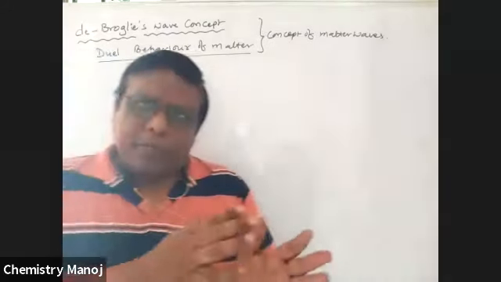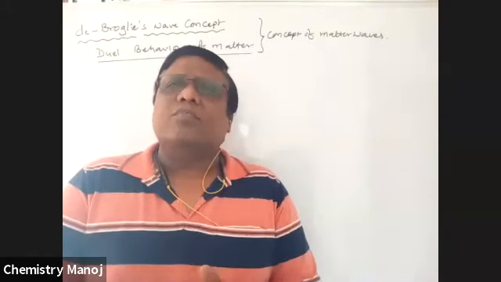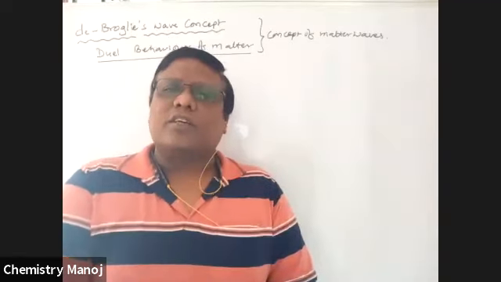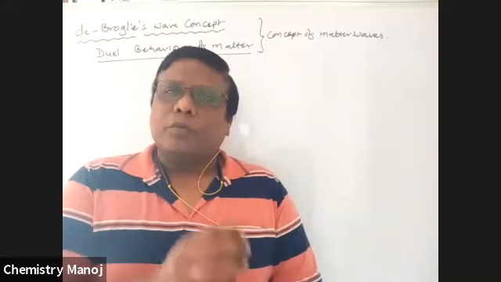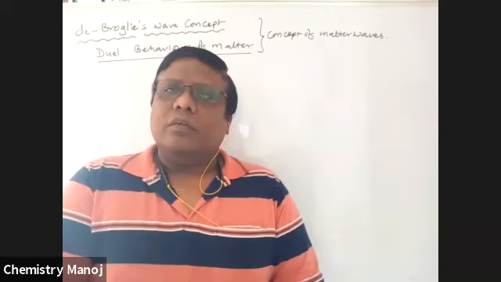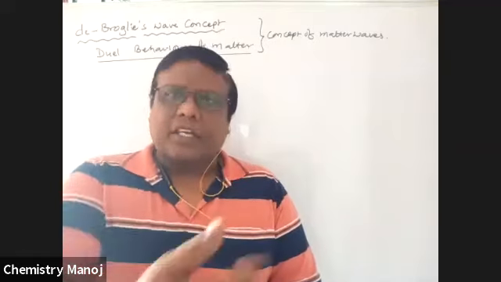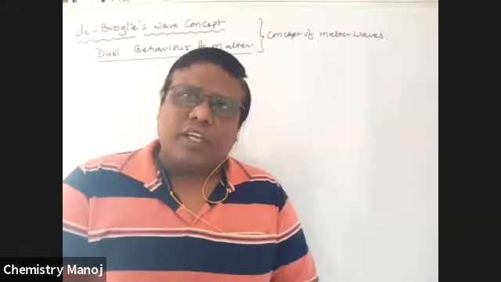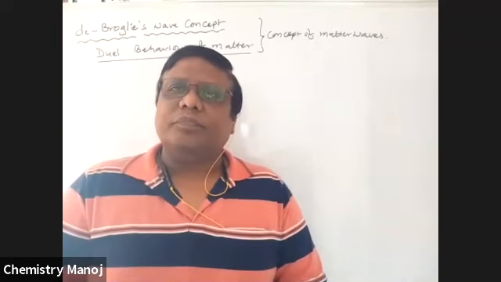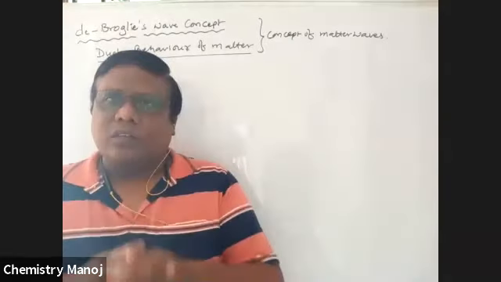From de Broglie's concept, our atomic structure is taken as the modern atomic structure. Up to Bohr's quantum theory, Bohr's atomic model, is the old concept. Next comes de Broglie's theory, then Heisenberg's theory, and after that Schrodinger's theory. All these theories are the modern approach of atomic structure. So how are these explained? Once again, see here.